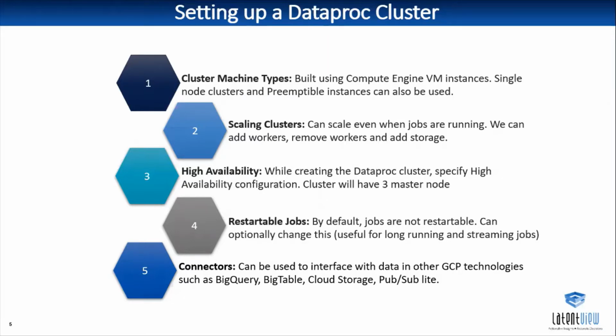And finally, about the connectors, the BigQuery connector is nothing but a library that enables Spark and Hadoop applications to read data from BigQuery and also write data to BigQuery. Basically, we'll be having two BigQuery connectors. One is the Spark BigQuery connector, which adds a Spark data source and allows data frames to interact directly with BigQuery tables. And another one is the Hadoop BigQuery connector, which uses Hadoop mappers and reducers to interact with BigQuery tables using input format and output format classes.